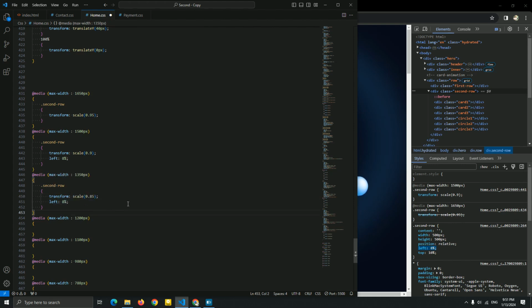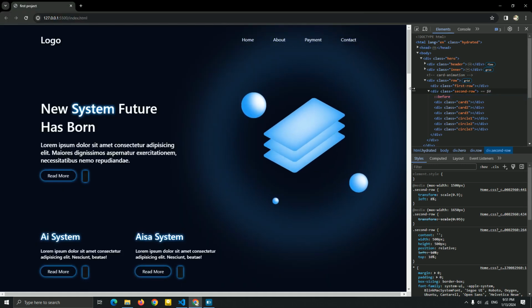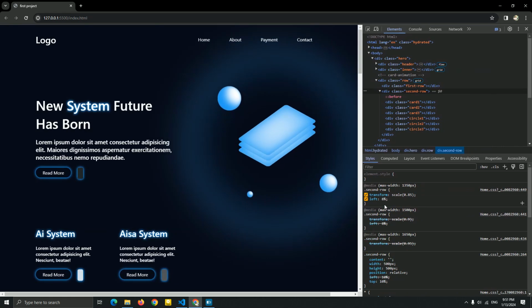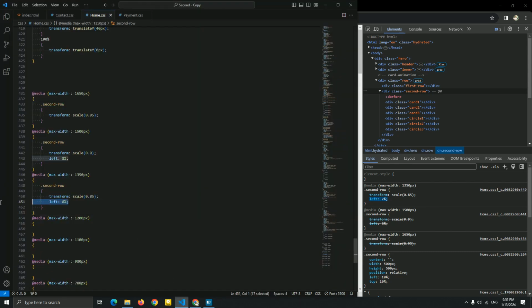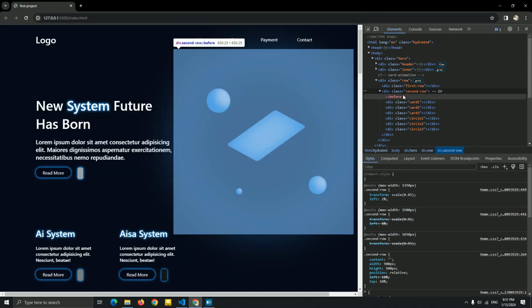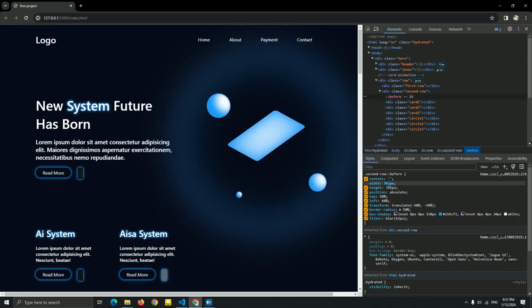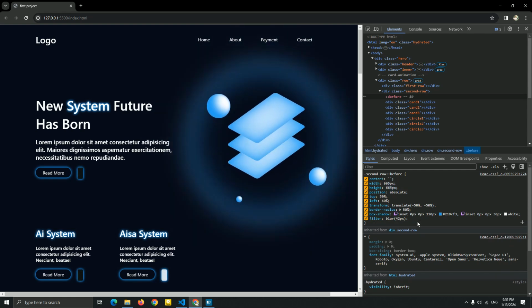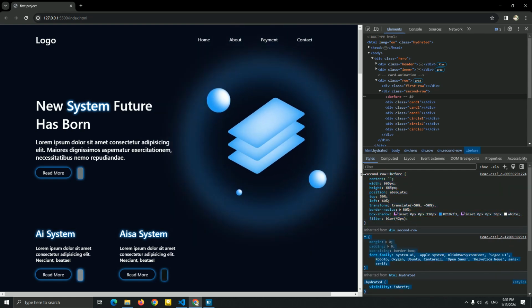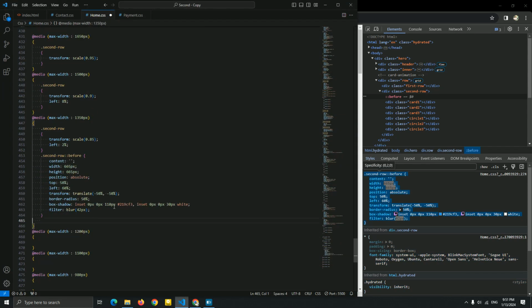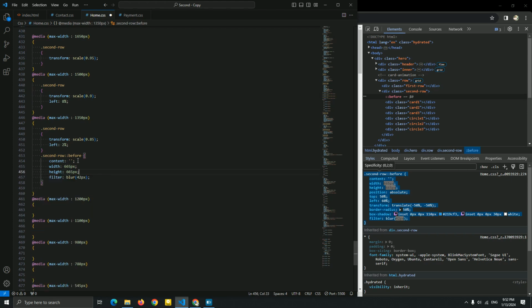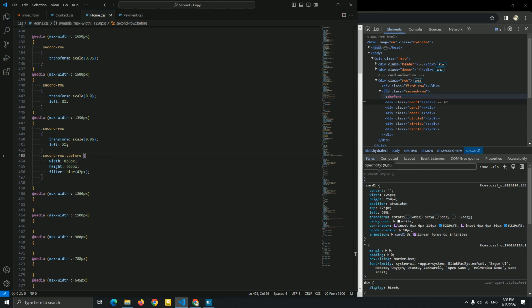Let me add the left. Let me see what left is needed for this. Okay, let me add the left. Okay, this is good. Copy, paste it for this media. Next one, let me see, and let me resize this before, guys. So for this before, I'm going to add the width. This is good. Copy this, paste it, just add the width and the filter blur. Okay, let me see. Okay, next I'm going to resize the padding of the header.